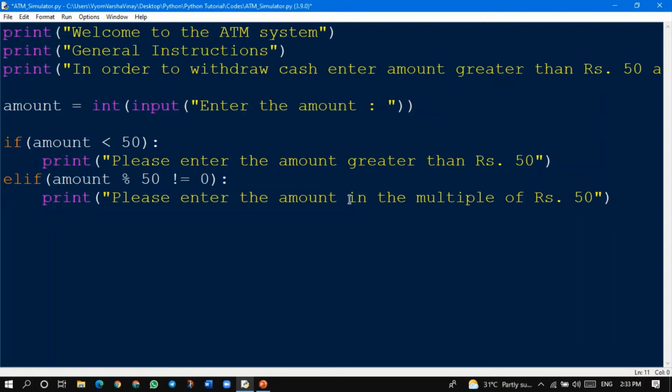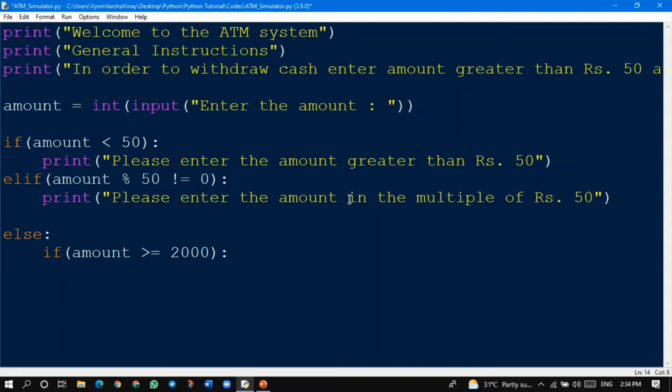Now next one, we are done with if and elif, and we are done with the conditions. Now we just want to know how much cash is there to withdraw for each. So let's start with 2000. It may be tricky, but I'll explain it to you fully. The next one is going to be else. I'm going to write the code, then I'll explain it to you step by step while writing. So else, and inside this else, I'm going to be writing if the amount is greater than or equal to 2000,